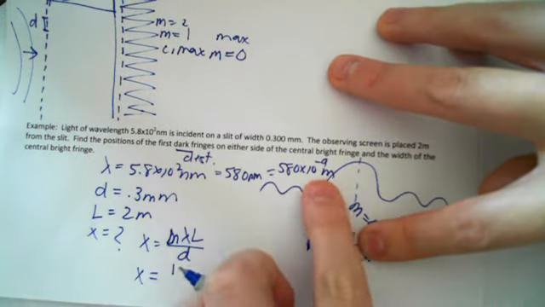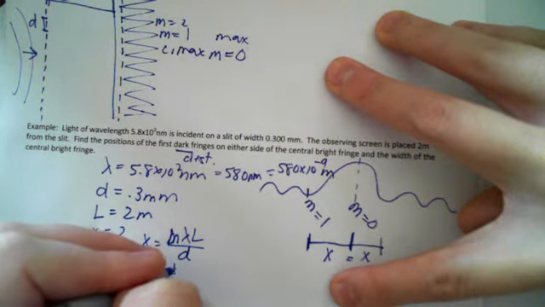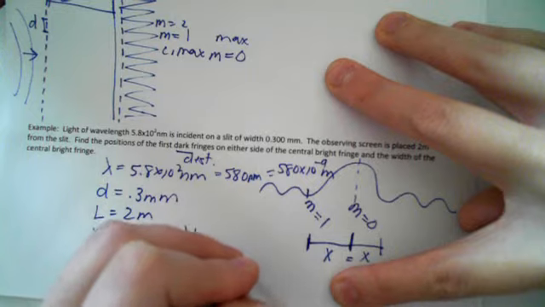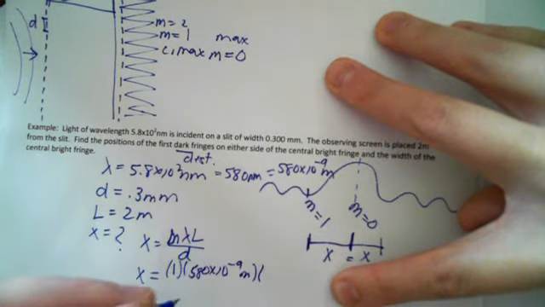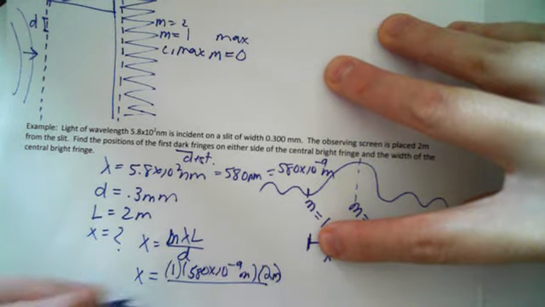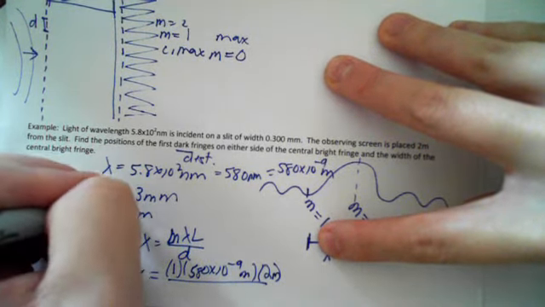Got to remember that. Nano is 10 to the minus ninth. So it's going to be 1 times 580 times 10 to the minus ninth times the distance to the screen, which was 2 meters, divided by 0.3 millimeters, which is